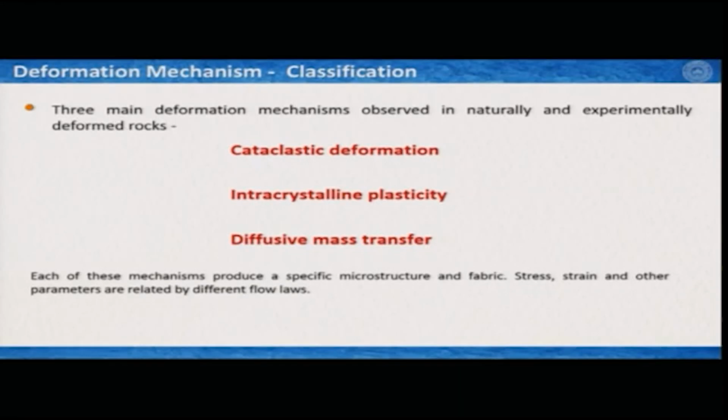So, if we try to classify our deformation mechanism that we are talking about, then there are three major categories or three major classes of deformation mechanism, and this is mostly derived by observing naturally and experimentally deformed rocks. The first one is cataclastic deformation, second one is intracrystalline plasticity, and the third one is diffusive mass transfer. As the name suggests, you can figure out that cataclastic deformation mostly considers brittle deformation,